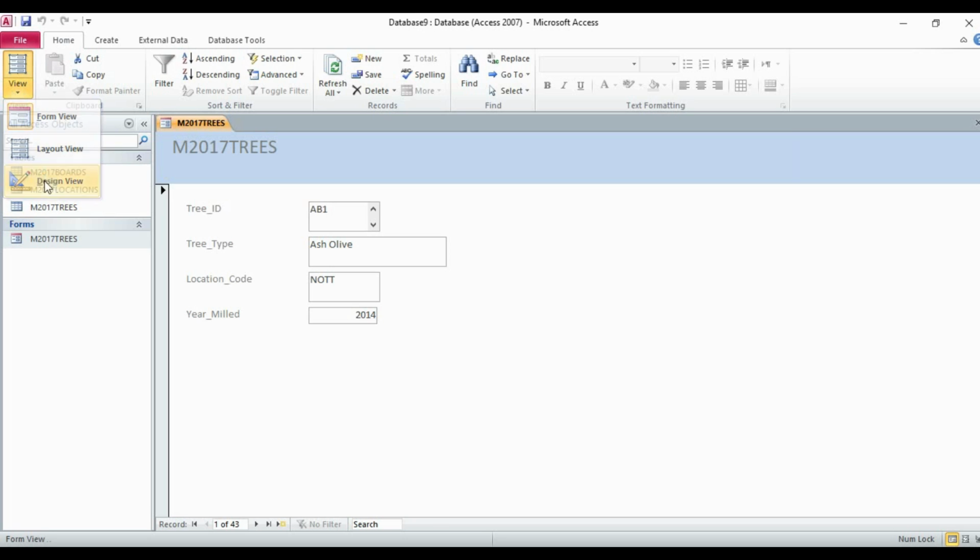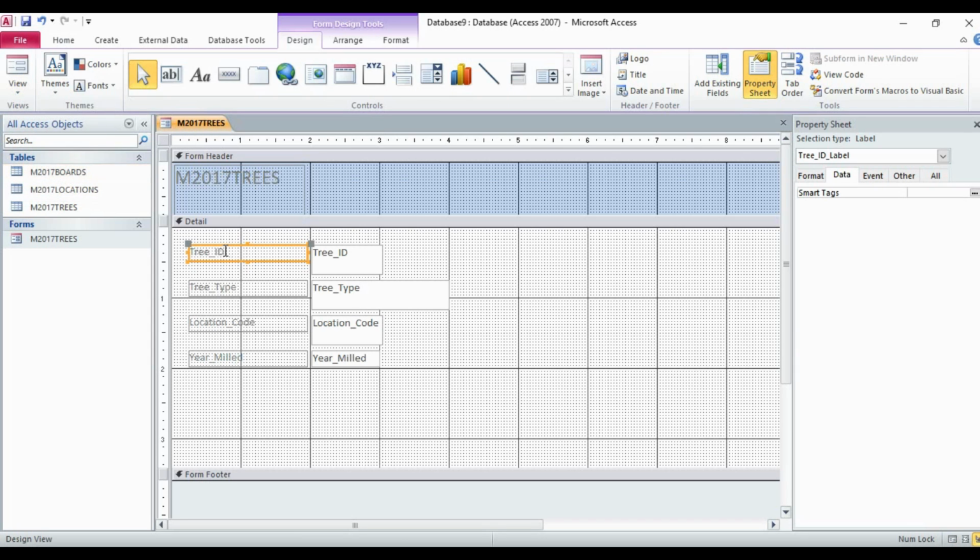Now for example, if I enter right here, enter tree ID. So it is more descriptive now, enter tree ID.